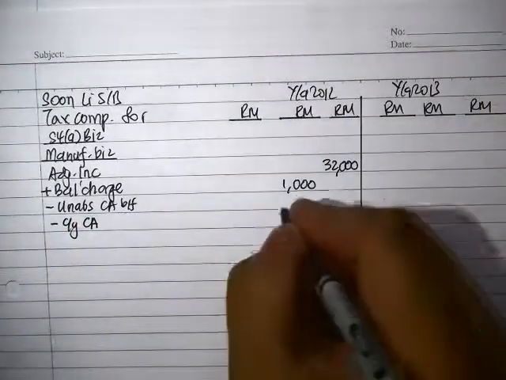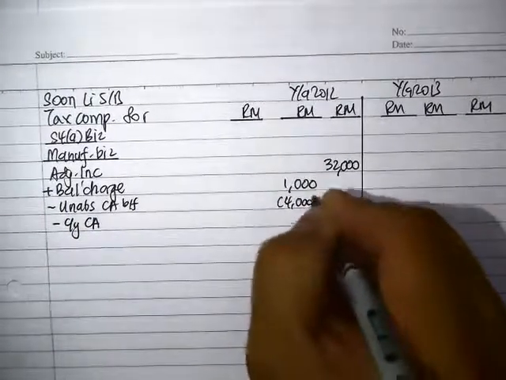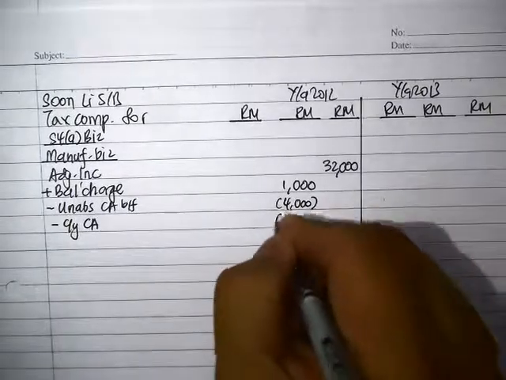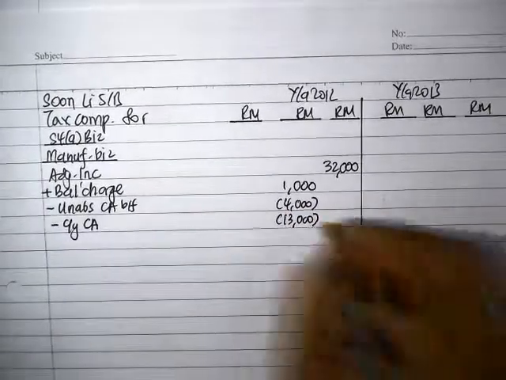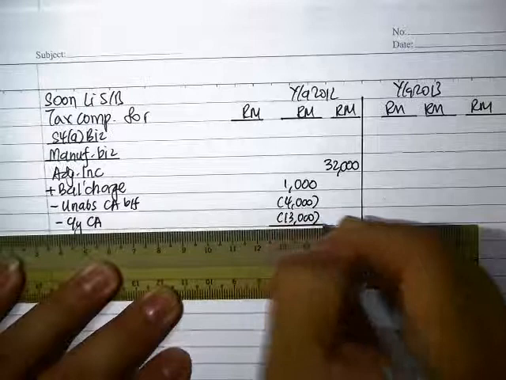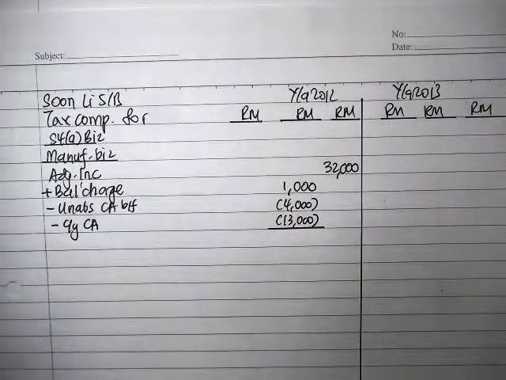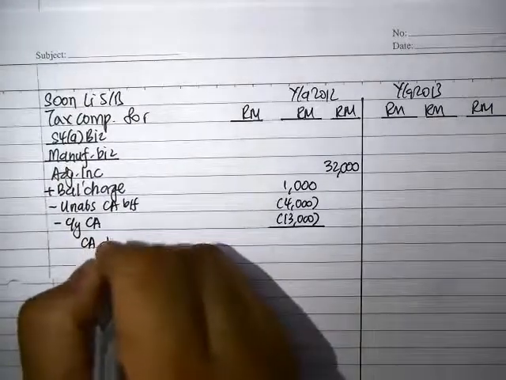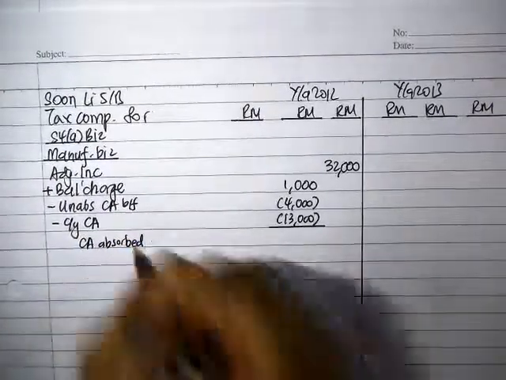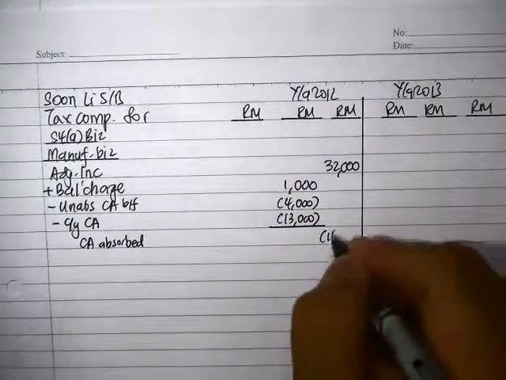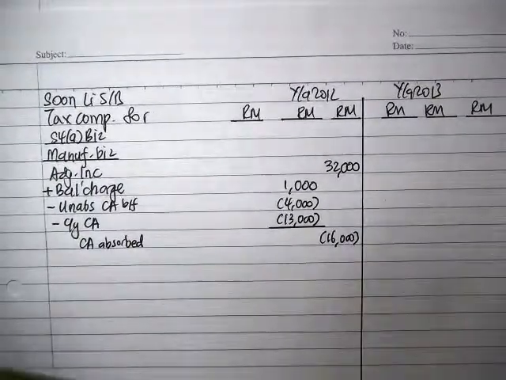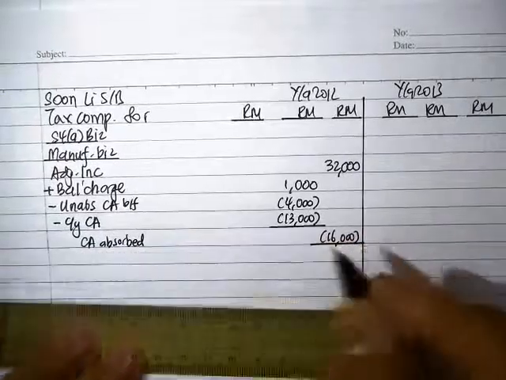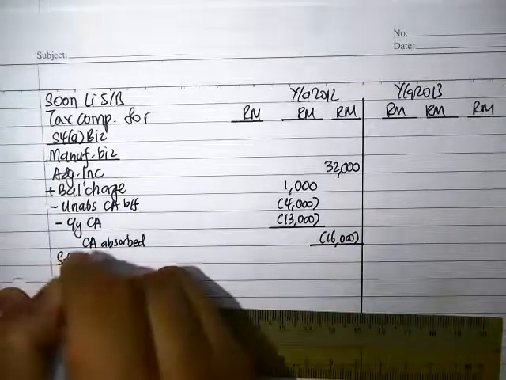So the CA brought forward is 4,000. Current year is 13. Right. So that will give us a net allowance to absorb of 16. So that brings down the statutory income